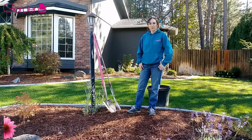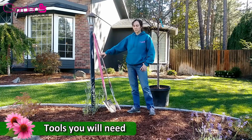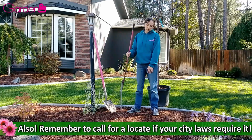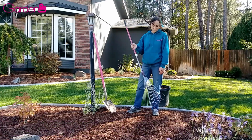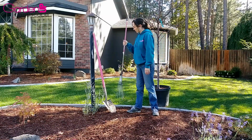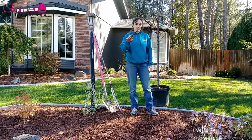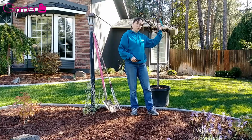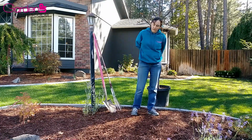So let's talk about the tools you'll need to plant a tree. Obviously, you'll need a shovel to dig the hole. If you have mulch, you'll need a rake to rake the mulch back. If you have rock mulch, you're going to need something bigger than an expandable rake, but a little bit of bark. You will probably need hand pruners in case you break a branch or in case something just needs to be tidied up. And then lastly,